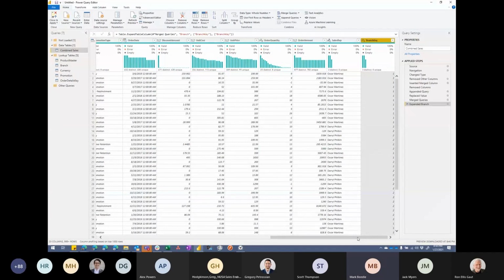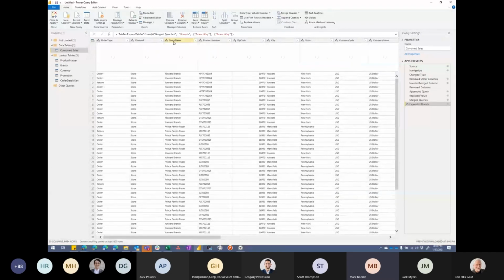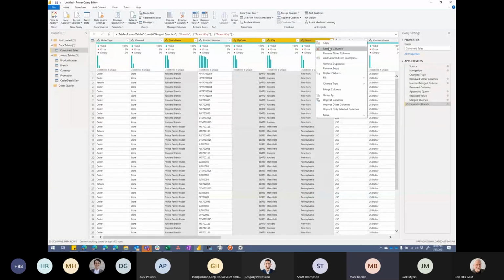Now, normally I would do all of these merges and then remove my columns, but I want you to see the benefit of each one of these branch keys. So I know I could consolidate the removals into a single step, but this is better because you can see the value, right? So branch key. So now that I have branch key, I don't need store name, zip code, city, or state. So let's get rid of them.